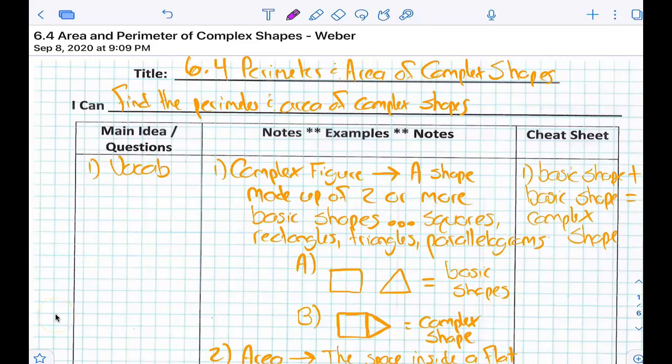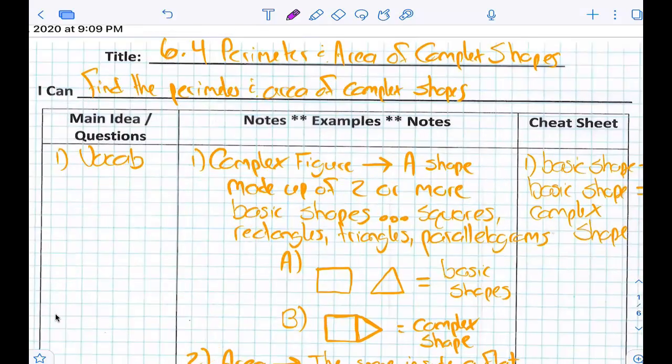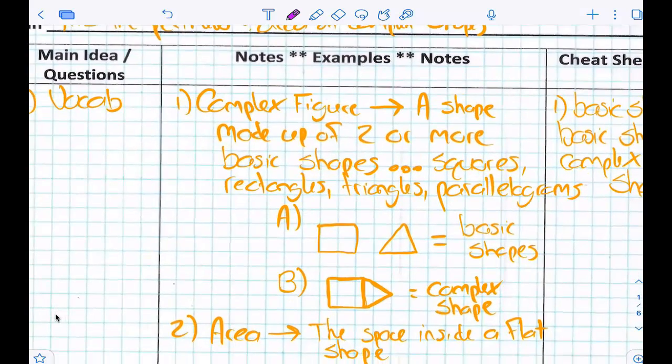Today we are working on perimeter and area of complex shapes. Can you find the perimeter and area of complex shapes? Yes. So complex shapes are a complex figure. Shape and figure mean the same thing right now. A complex figure is a shape made up of